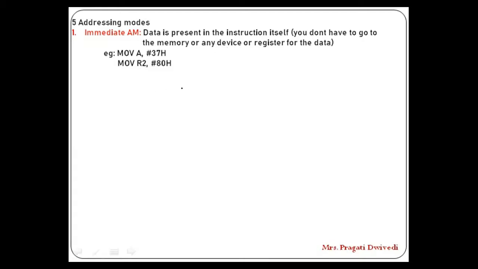Now let us see the second addressing mode, that is register addressing mode. Again, this is a very simple addressing mode. When I say register, that simply means that the data has to be inside some register. In immediate, I gave the data directly in the instruction. You can see it while looking at the instruction. Now here, you don't know what the data is, but you will know where my data is. It has to be inside some register.